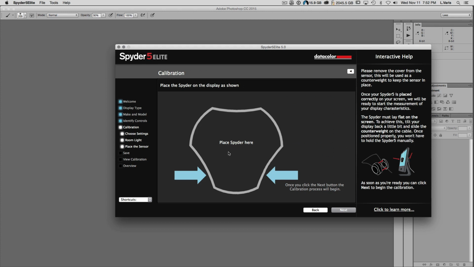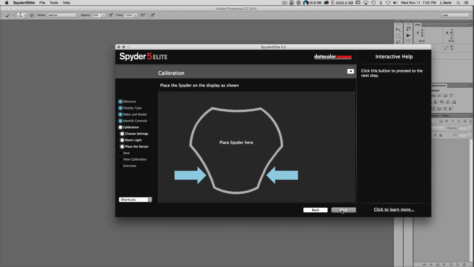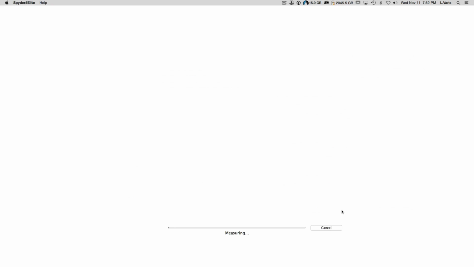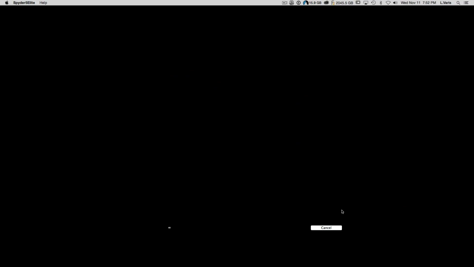Now you're not going to be able to see this part because I'm doing a screen movie here. But basically I'm just getting my monitor calibrator set up in that position on the display. And then I click on next. And what the software for the calibrator does is it displays these different colors on the screen. So we get a white, we get a black, and